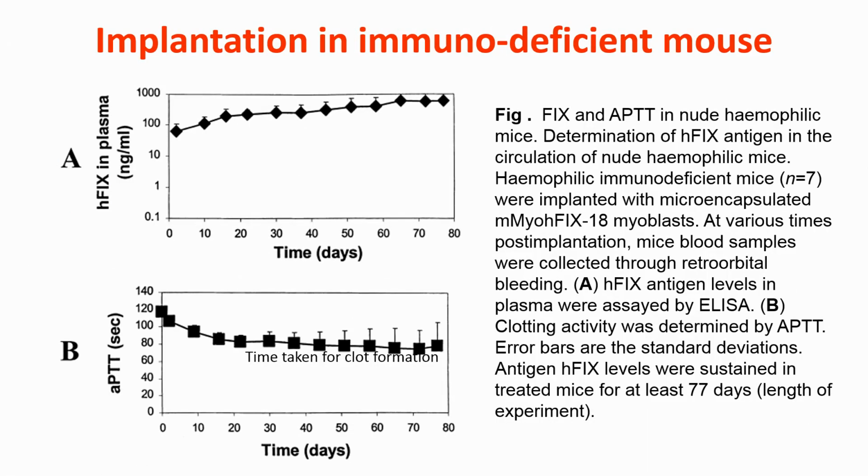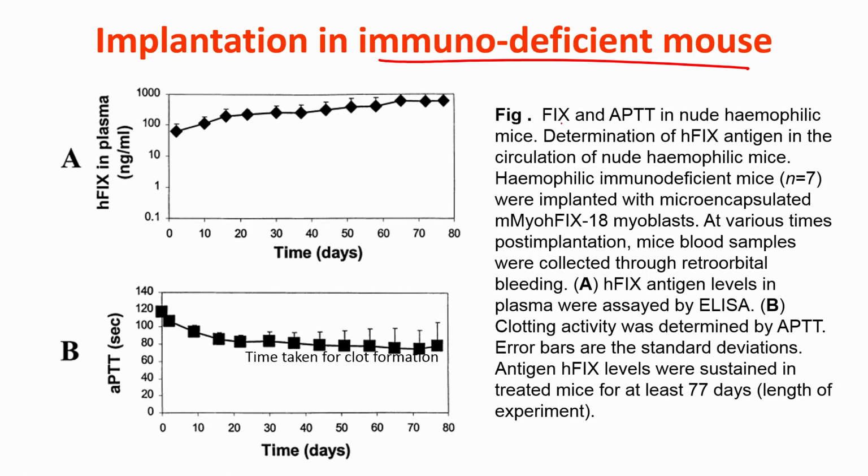So, here is a literature example of when this was used. First they did an implantation in an immunodeficient mouse, which means that the mouse does not have a good immune system, and so let us see what you see. In this case they were using the hemophilia factor, which was absent in this mouse, and so what you see is